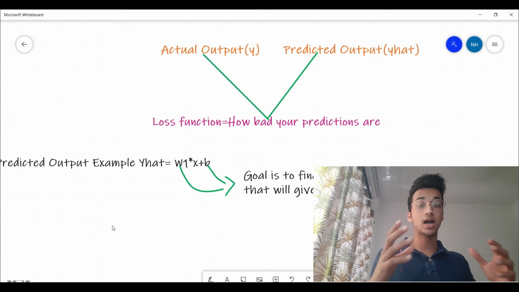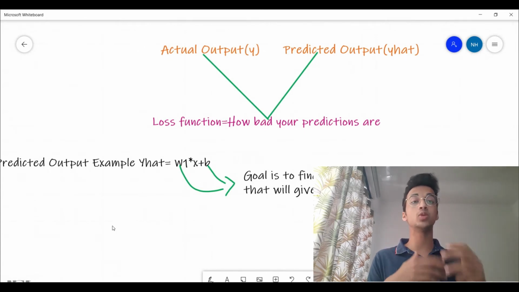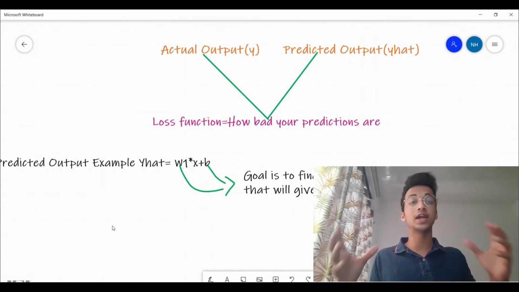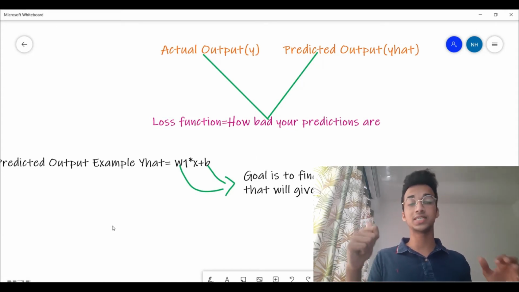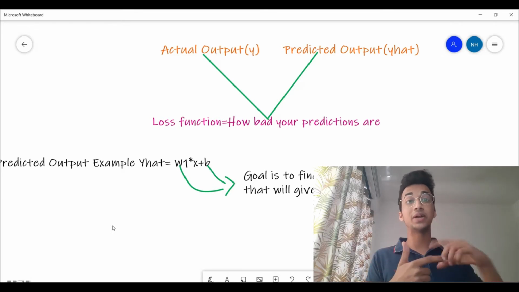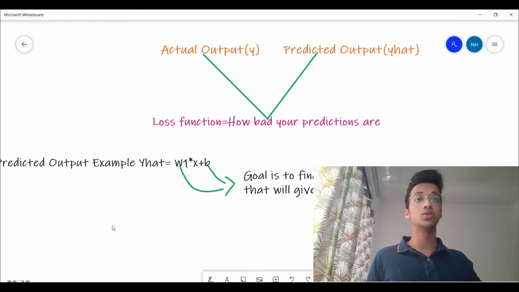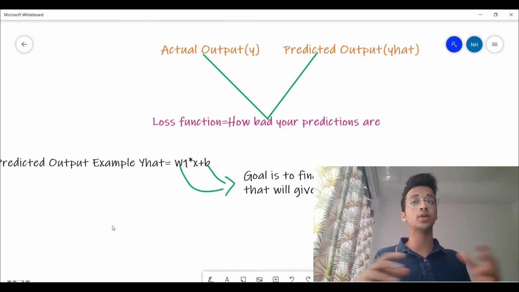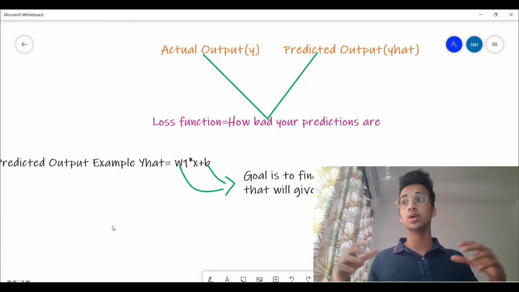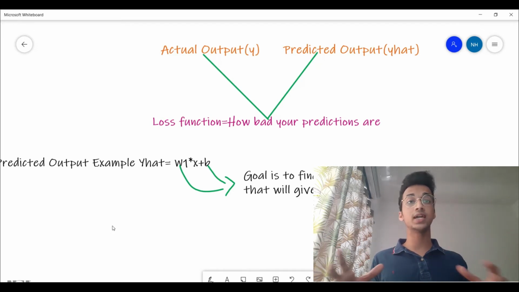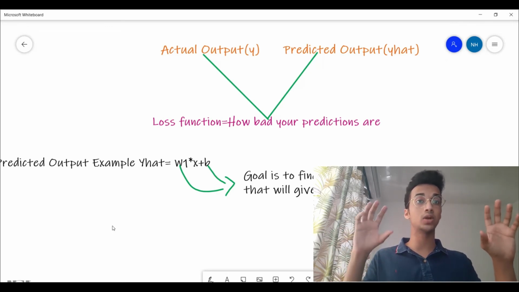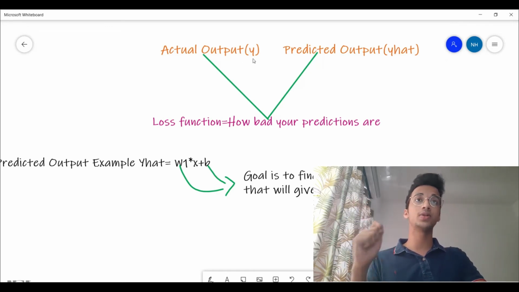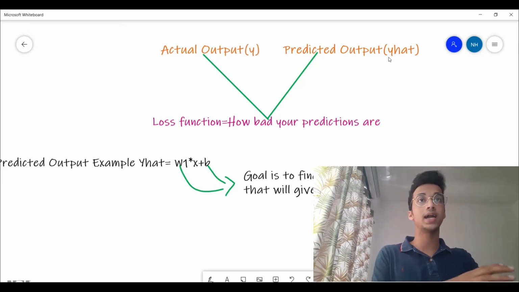You have some output, right, and you are trying to make some predictions. For example, let's say you're trying to make a model that tells you about the weather. So over here there's going to be one actual output, which is the actual weather, and the predicted output, which means what your model is trying to tell you, right? This could be for any type of problem, whether you're trying to predict the weather, classify images of cats and dogs, or build self-driving cars. There's always going to be one desired output and one actual output. So the actual output in this case is represented by y and predicted output by y hat. This is a very common representation that you're going to find in a lot of places.